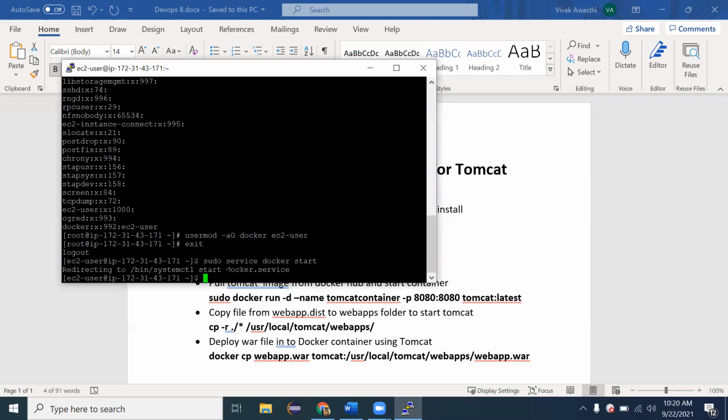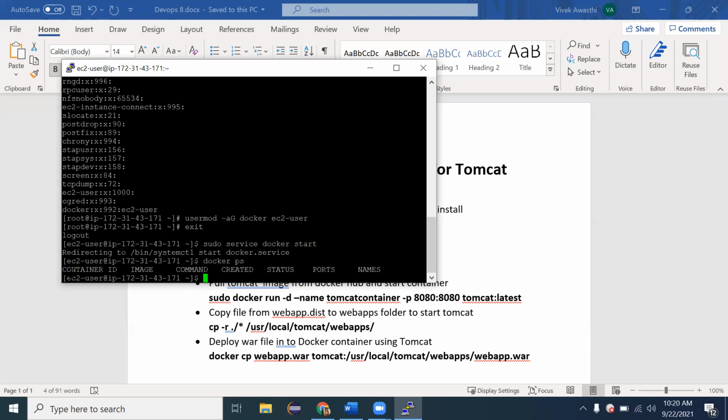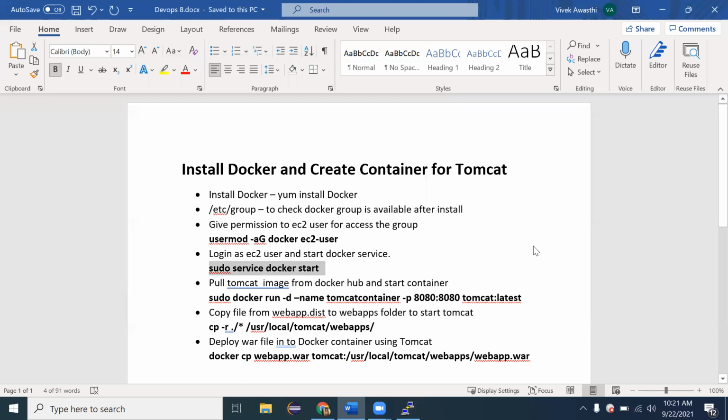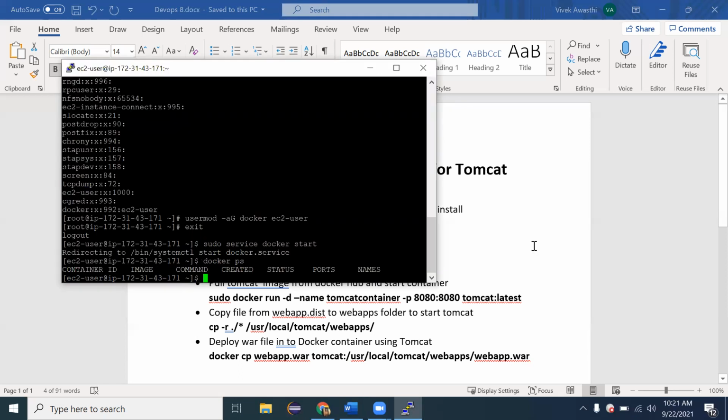The service is started successfully, and if we type the docker ps command, then you are able to see that currently no container is present. Docker is started, but currently we don't have any containers present. So we have to create a fresh container and deploy Tomcat inside it, and then we will start deploying the war file. To start the Tomcat container, we have the command, that is sudo docker